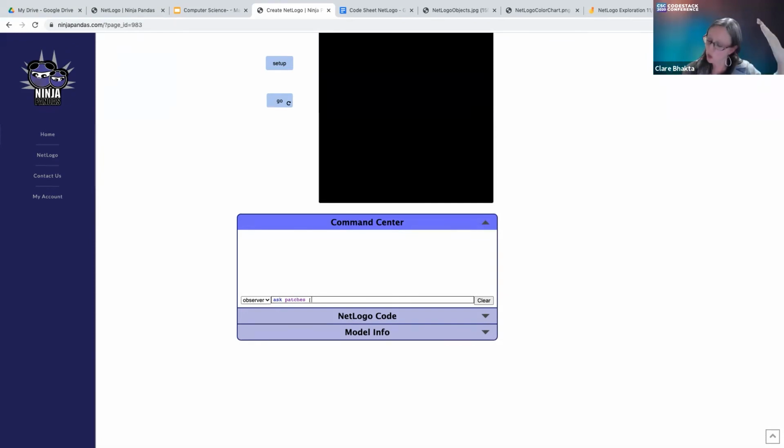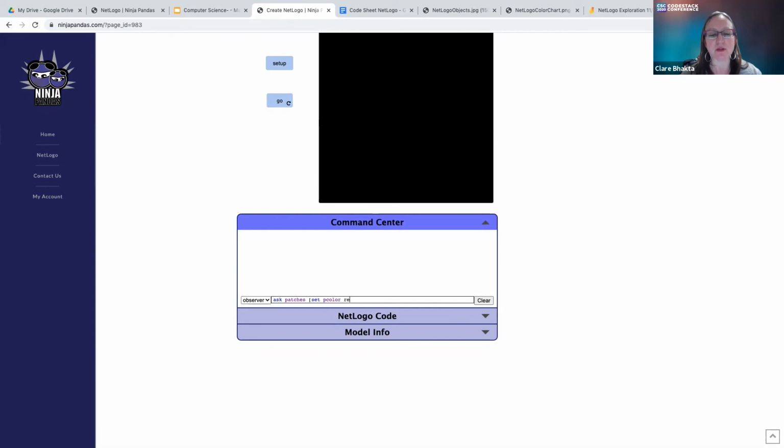Now in code, if you open a bracket, you have to close a bracket. It's like if you open a door and you don't close the door, all sorts of things you don't want are going to come in. So I'm going to ask the patches. Now, I don't memorize all these things. I look them up, right? And I feel like that's incredibly important for students to see. I have a sheet of code for you, but there's also an API that'll break it down. But I'm going to say set p color,